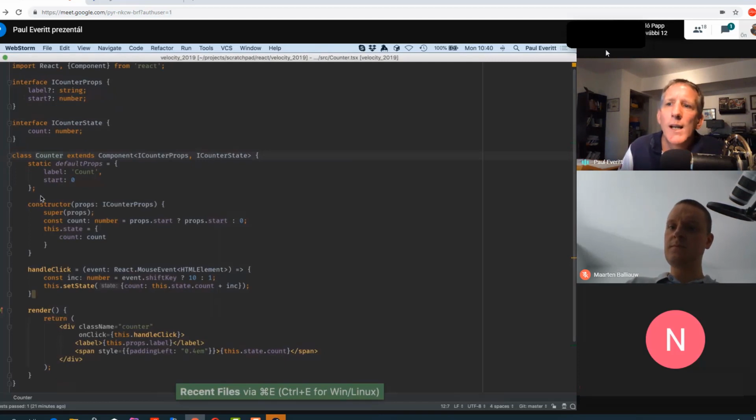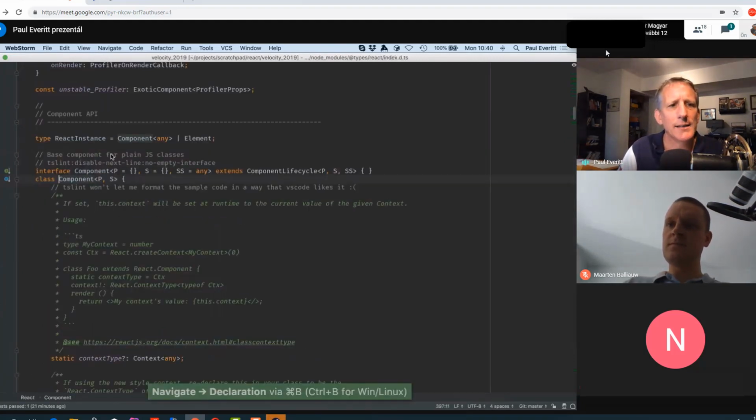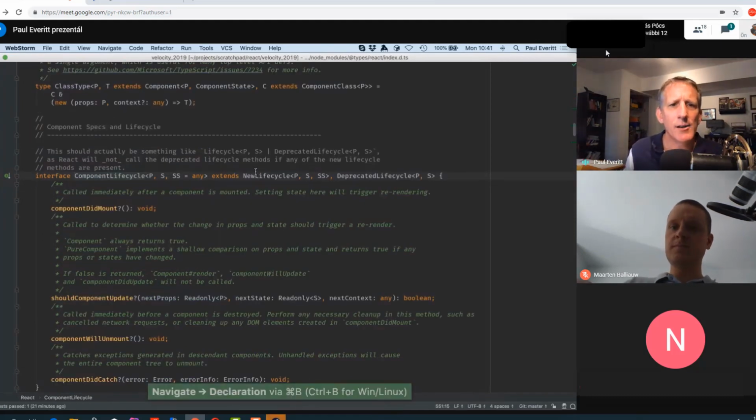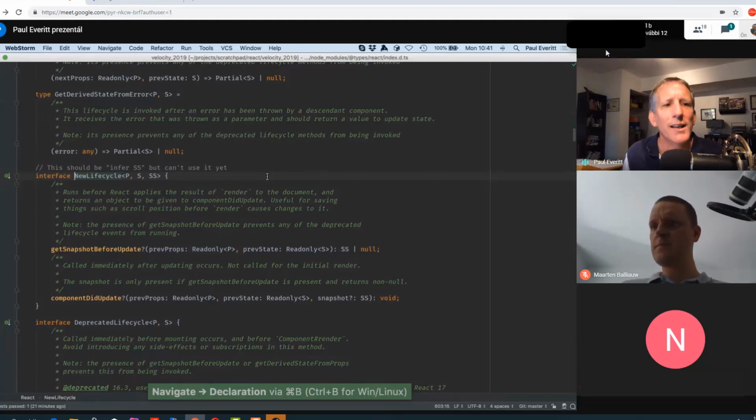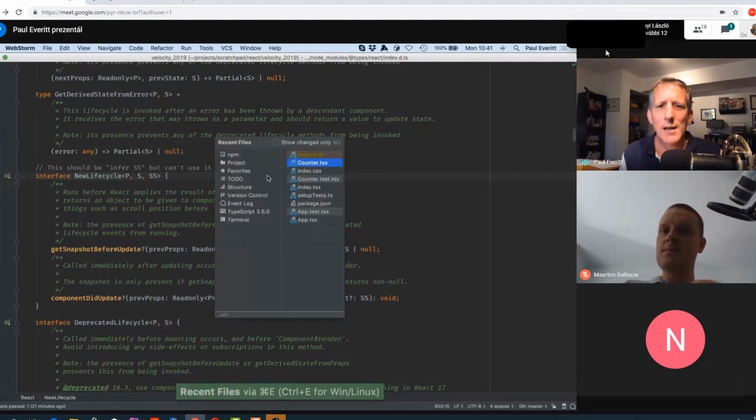Okay, when I'm doing all this navigation, for example, let me go jump into the React component. I'll jump into that. It's like, hey, that's pretty cool. Oh, that looks interesting. I'll go to that. Oh, wow, that looks interesting. I'll go to that. Oh, look, a squirrel. And I've forgotten where I was. And my brain's not big enough to remember 10 seconds ago. So I could bring up recent files.